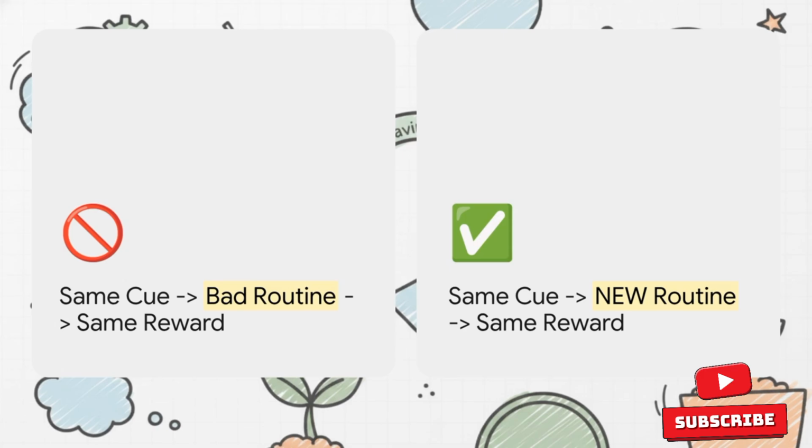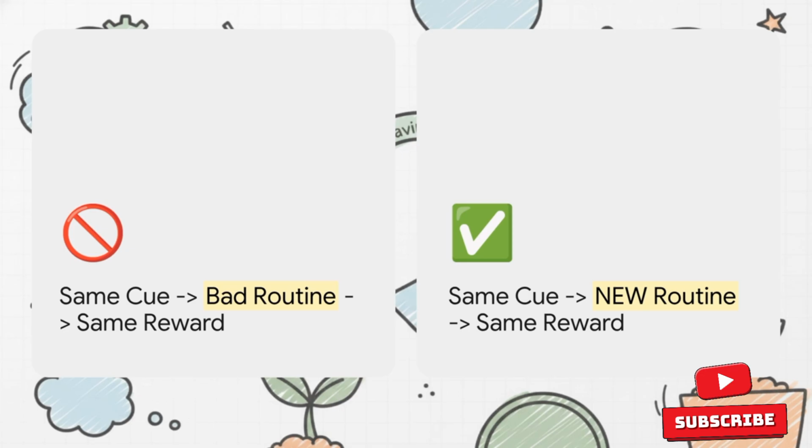But as we know from looking at the blueprints, that almost never works. The brain's cravings are way too deeply wired for that. You can't just rely on sheer willpower to bulldoze the building entirely. Instead, you just remodel the interior. You absolutely must keep the outside structure exactly the same, the cue and the same reward. All you do is systematically swap out the interior routine.